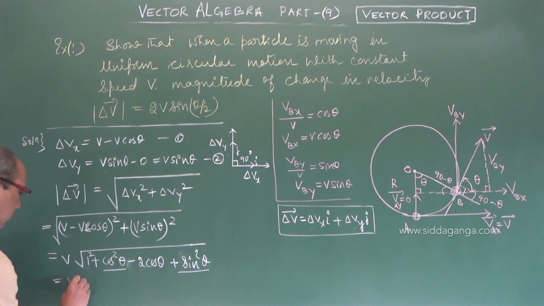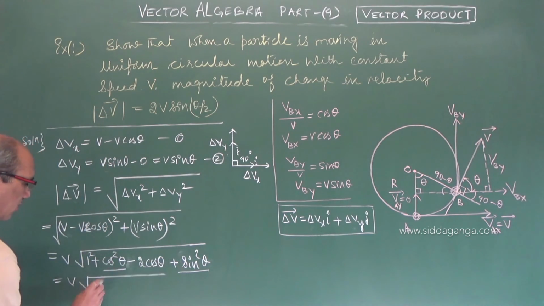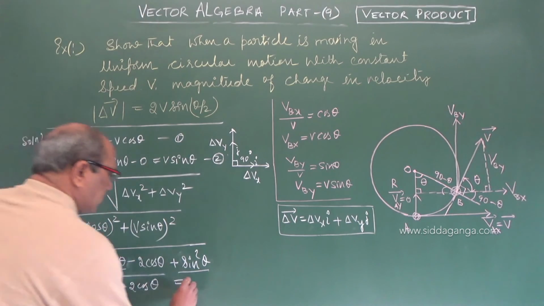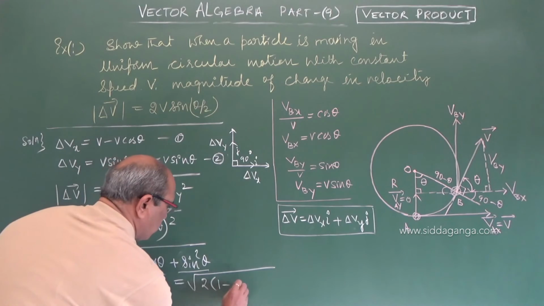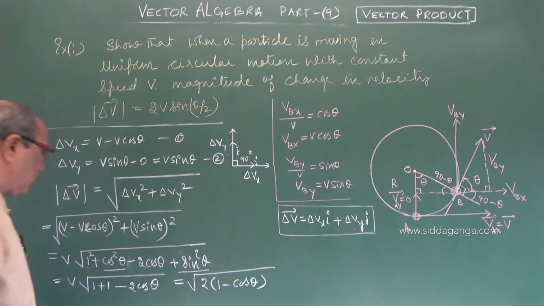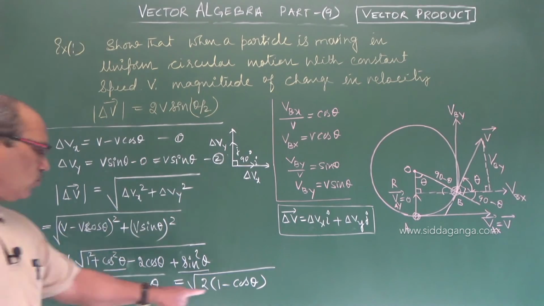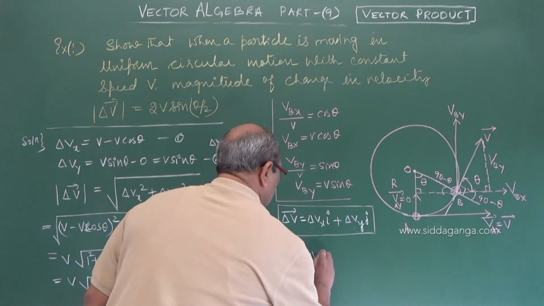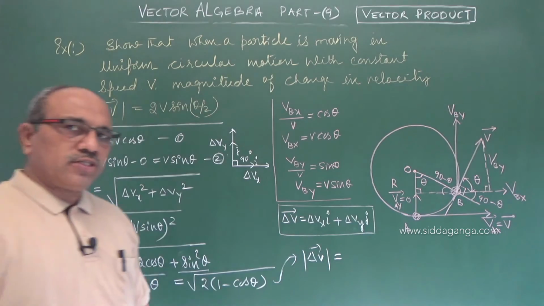Therefore, I can write this as v into root of 1 plus sin square theta plus cos square theta is 1, so 1 plus 1 minus 2 cos theta. This I can write as 2 into 1 minus cos theta, because I brought 2 out. So you know what is the relation for this, delta V equal to 1 minus cos theta can be written